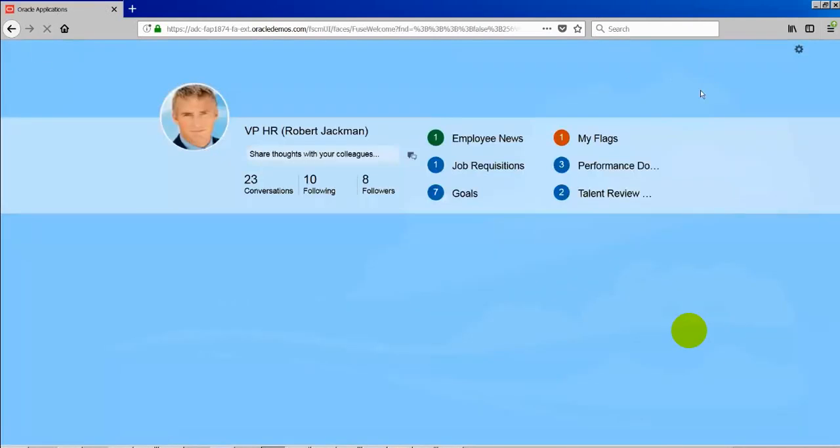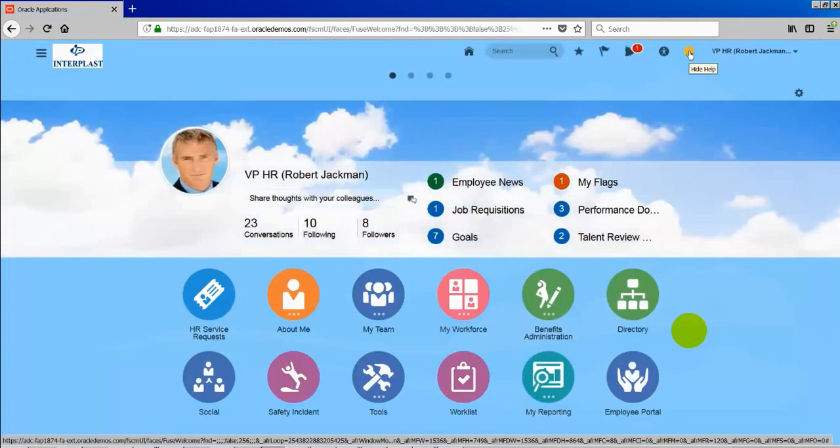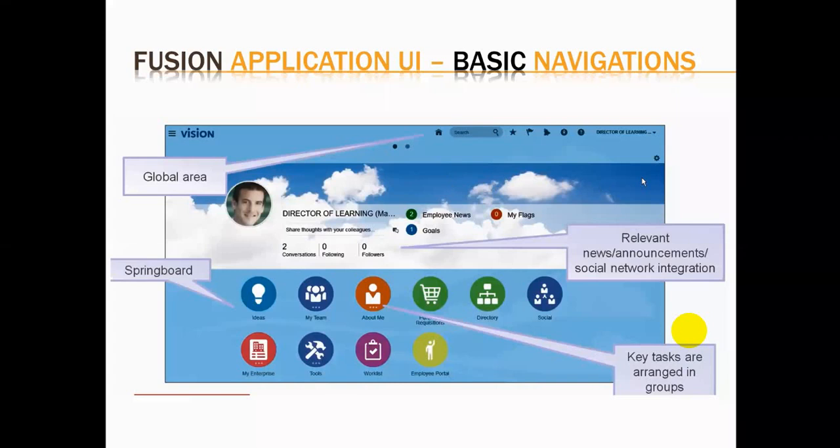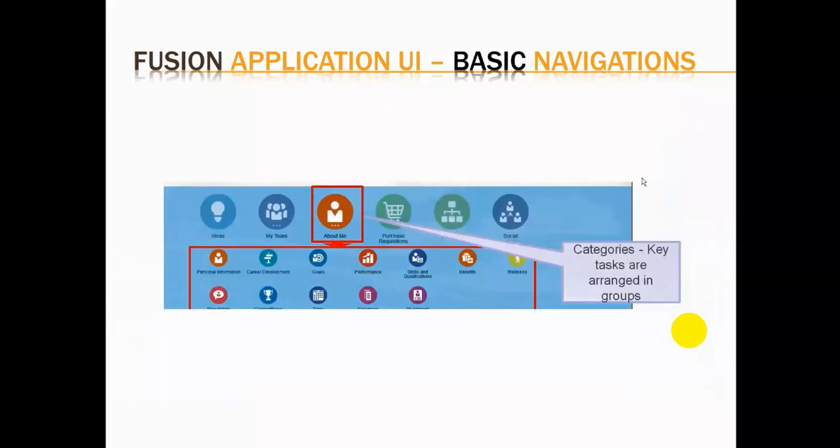Until you uncheck this one, that help will show up in every page. So I will just hide the help, then it won't show up anymore. You can quickly look up whatever help you need. Okay, right. So as I said,